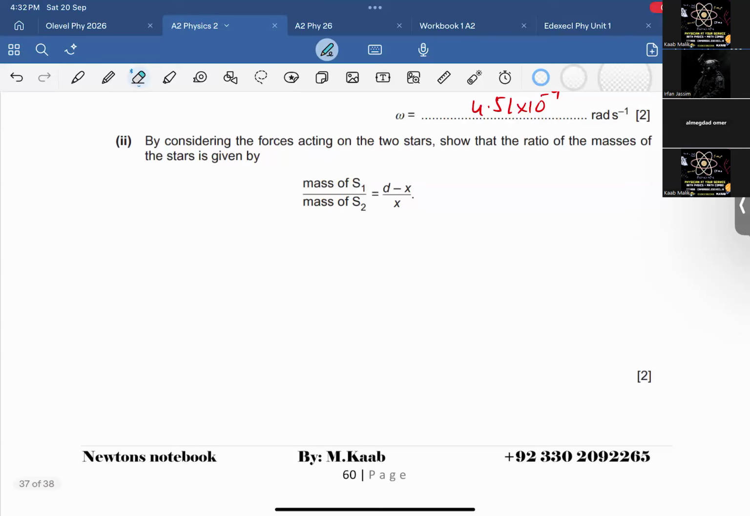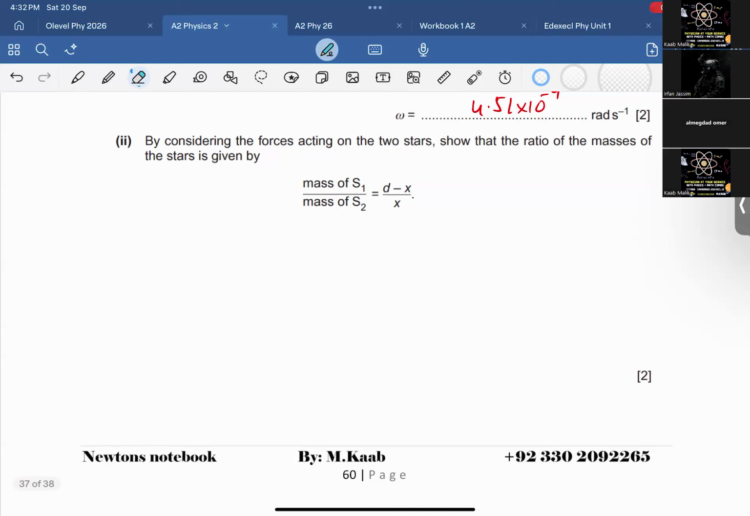By considering the forces acting on two stars, show that the ratio of the masses of the stars is given by mass of S1 over mass of S2 is equal to D minus X over X. Okay, so since they're saying by considering the forces,